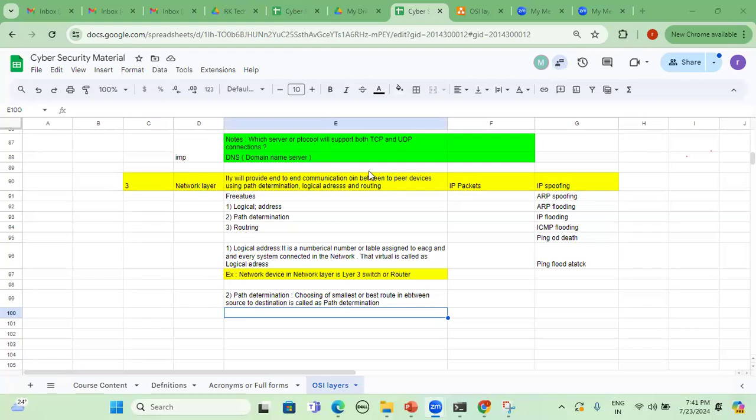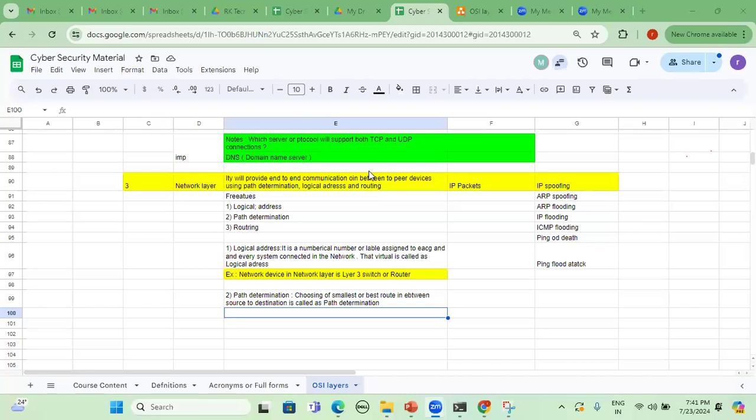So, whenever we are measuring distance using kilometers or miles, in the same way, when the packet is traversing from source to destination, that particular distance measurement we can call AD, not Active Directory. AD is nothing but administrative distance. A router will always choose the smallest administrative distance, or AD.